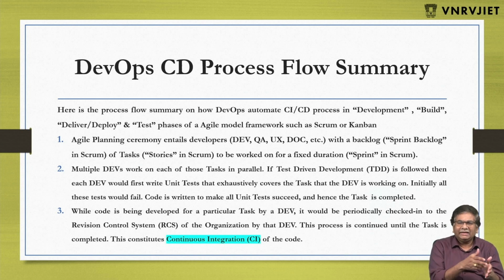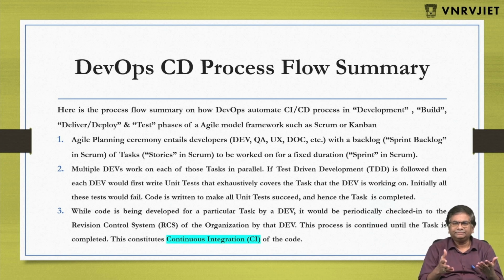In the planning ceremony, developers, and when I say developers, it doesn't just mean the coders. DEV stands for the actual coders, QA (the quality assurance team), UX (the user experience team), documentation experts, release experts, all these people who are part of one team and work on the product, right? So all these experts in the planning ceremony have this backlog, right? A backlog of items. When they are following Scrum, it is called the sprint backlog, and it contains several tasks, which are called stories. When we say agile, when we say the Scrum model,